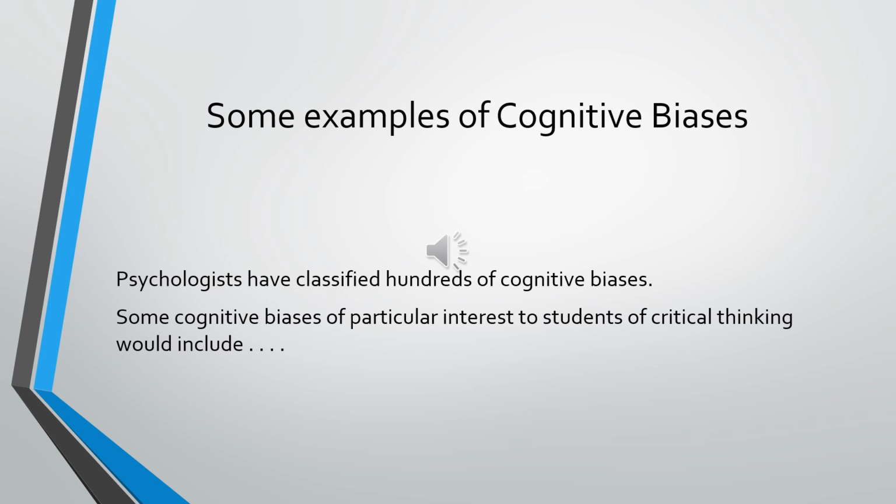If you're really bored sometime or just curious, I encourage you to go to Wikipedia and type in list of cognitive biases. And what you're going to find is that there have been a lot of people very, very busy classifying cognitive biases. There are hundreds of them. Psychologists have been studying this for a very long time, and these lists are actually quite long and quite fascinating. And obviously, there's way too many to go over in this class, so I've just picked a few of the ways in which our brains unconsciously draw conclusions and organize information that can be situationally helpful, but can also lead to faulty conclusions if we follow them uncritically. For example,